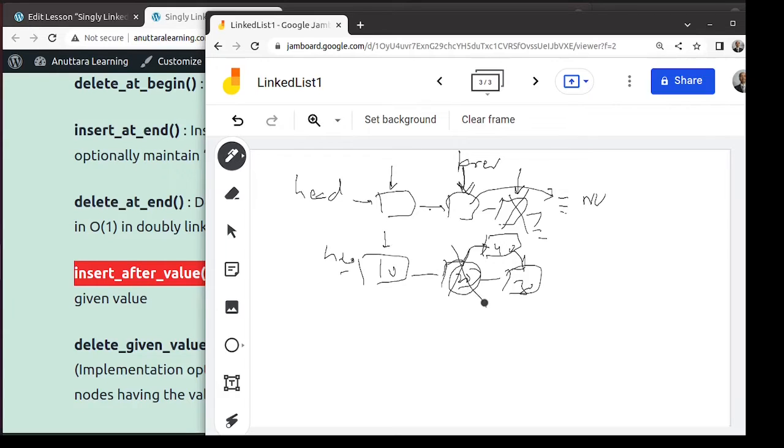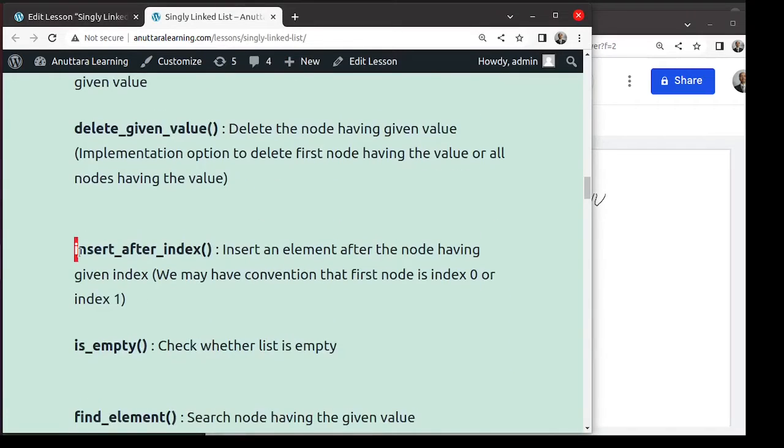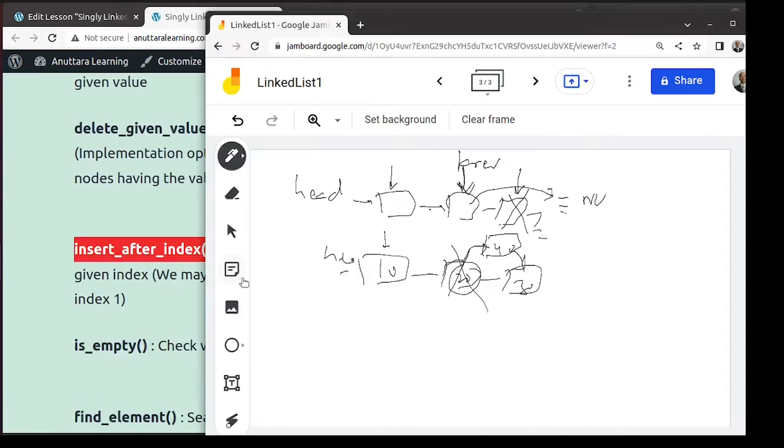you delete that node. This is not very frequent, but you can give a logical index to each node. You can say that this is index 0, index 1, 2. This is the logical thing. The linked list is not an array. Or you can give the indices starting at 1. You can have an insert after index also, that go to that node, go to the 5th node and insert after that. You can have a simple for loop for i equal to 0, i less than 5 if you want to jump 5 nodes, and you do ptr equal to ptr arrow next, and then you can add after